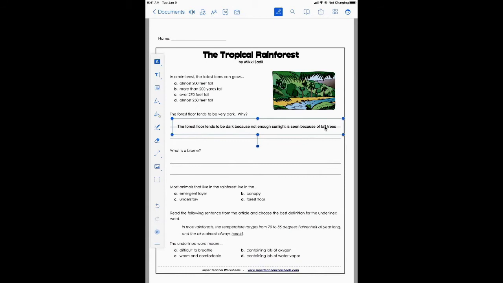Awesome. What's nice about that is since I wrote that kind of in the middle of that, I can just move this up here and there's my answer.